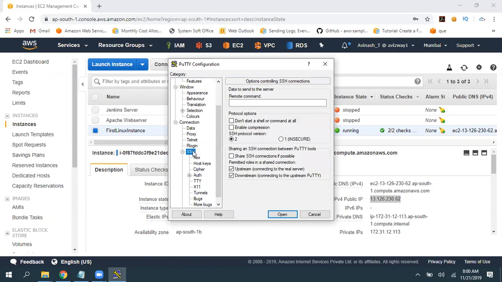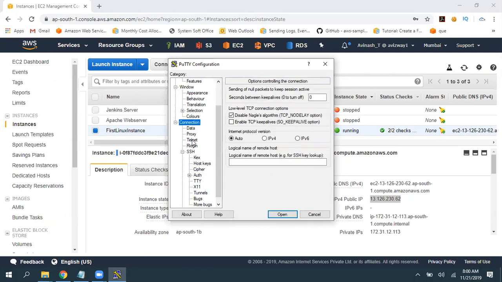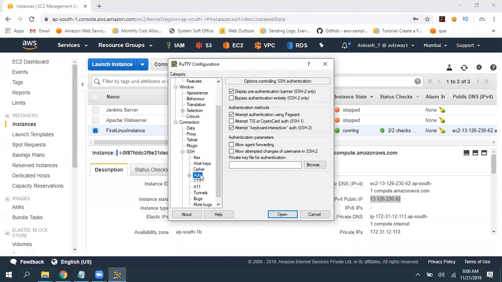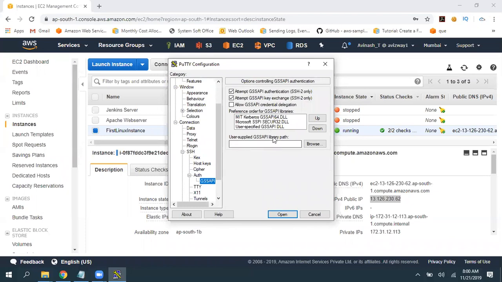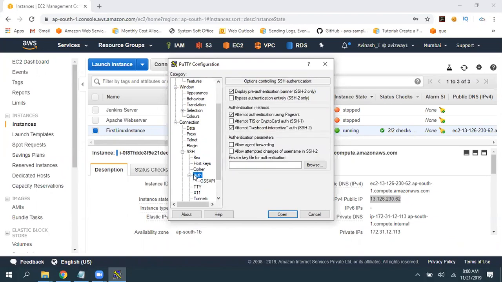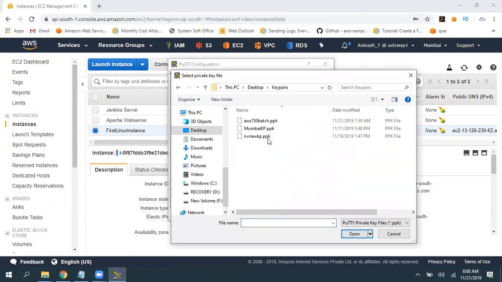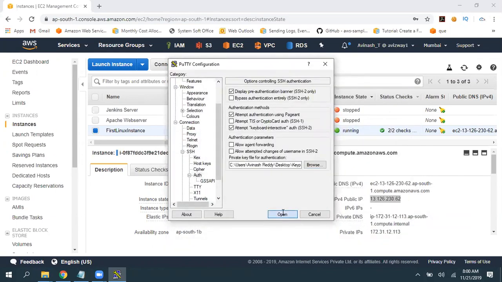Under connection, you have SSH, expand that. Expand SSH, select authentication. Again, don't expand further. If you select these options, again, it will not work. So select authentication, then browse your key pair. The directory is key pairs, and here is the one, AWS 730 batch.ppk. Click on open, then click on open.